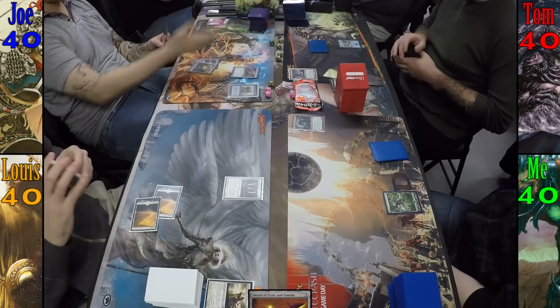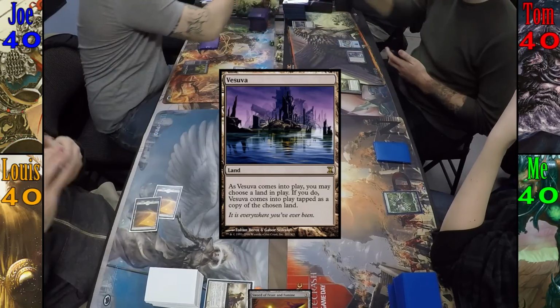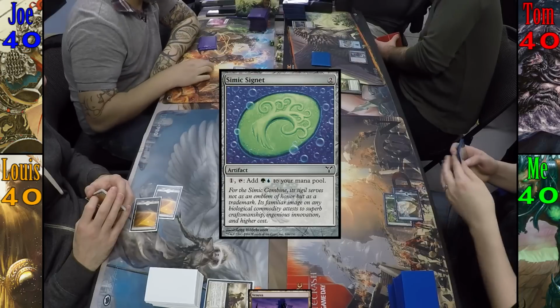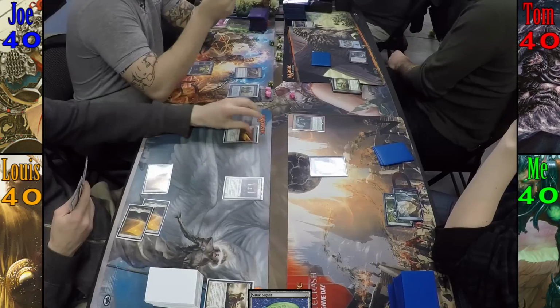Joe plays a Swamp, and passes to Tom. For Tom's turn, he plays Vesuva, copying Urborg, which comes into play tapped. I play an Island for the turn, and having not drawn any mana dorks, cast Simic Signet before passing to Louis. Louis' turn sees his 3rd Plains hit the field, and he casts Sword of Feast and Famine before moving